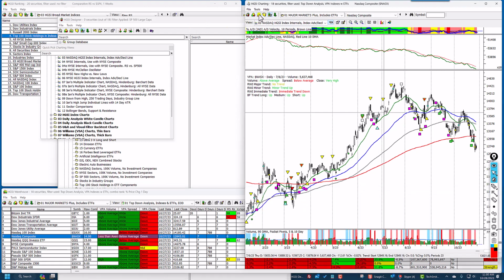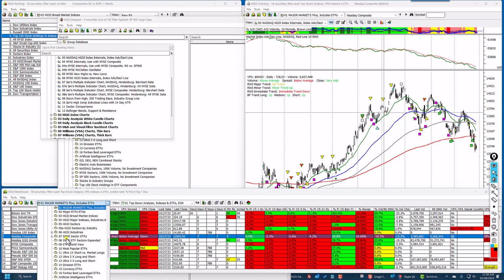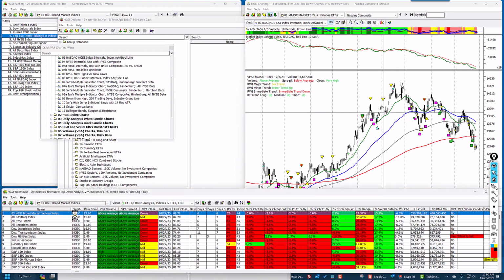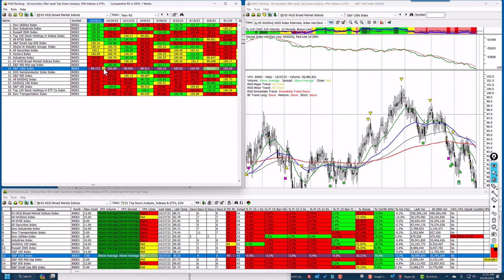Now let's go in and look at, I'll use the S&P 1500. But I'm going to go down here. These are the major markets plus. I want to go down to the broad market indices. And let's find the S&P 1500 here. Now, if I click on the ranking module and I sort